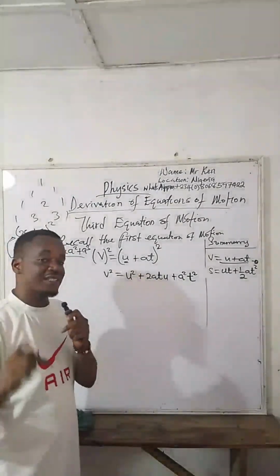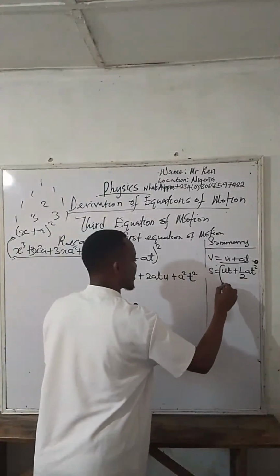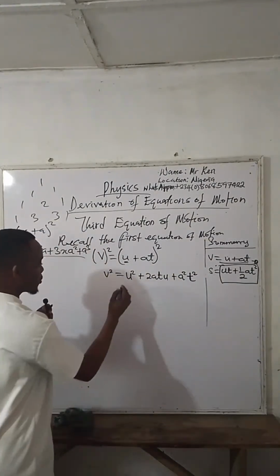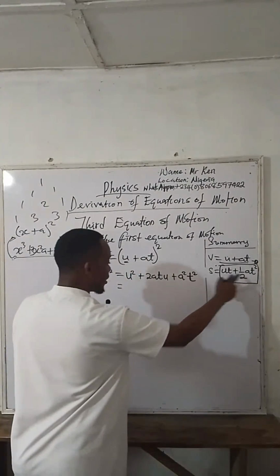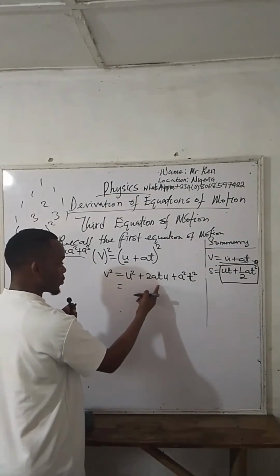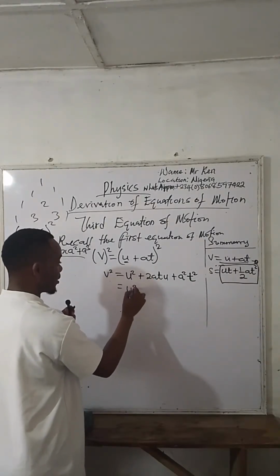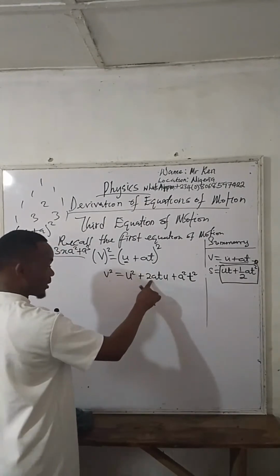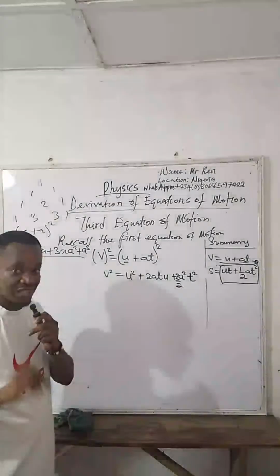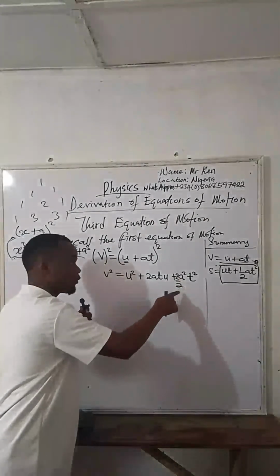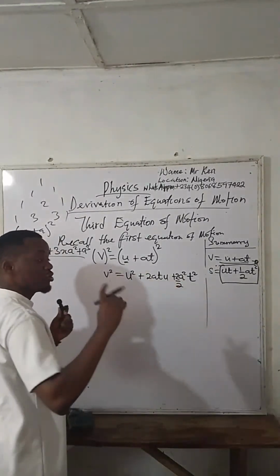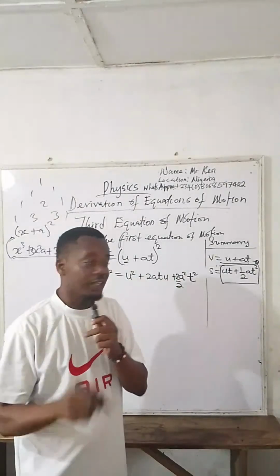So now the next step is to extract this part. From here, I'll remove A. A is common. So U square, and this one is 2 over 2. You put 2 for up, put 2 for down. You know why I put 2 for up and put 2 for down? For me to factorize.